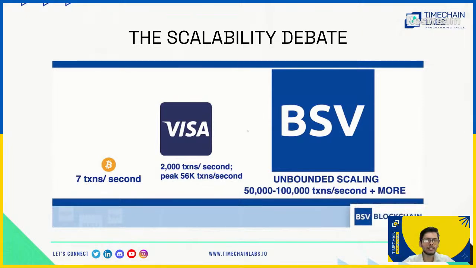But a truly decentralized system with distributed ledgers can scale just like email scales, and you don't have just one email server. Like that, you have multiple ledgers. The way Satoshi designed it can scale to terabyte size blocks, and it can do a million transactions per second, which has been demonstrated even over the past year, of how the original protocol itself can solve the scalability problems the way Satoshi ingeniously designed it.